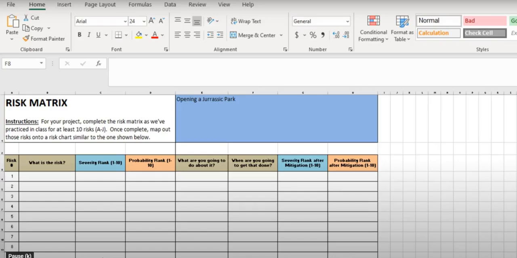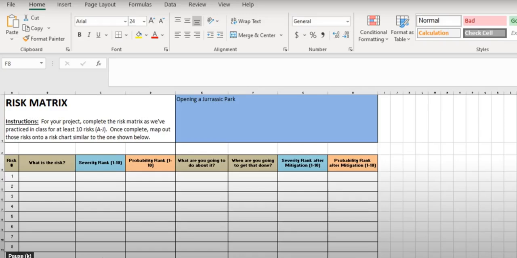Just a long story short, as we jump into it, risk matrices and assessments are an essential part of any project management and most likely any leadership-based role, for pre-planning and production of any type of project. So for this scenario, we're going to be creating a risk assessment based on the possibility and the project of